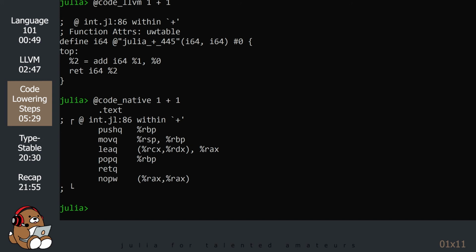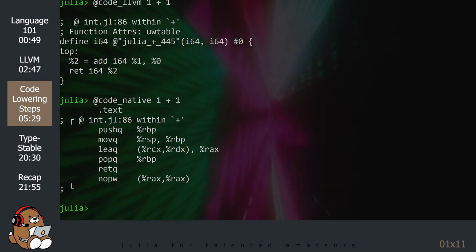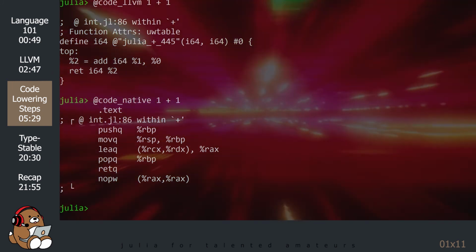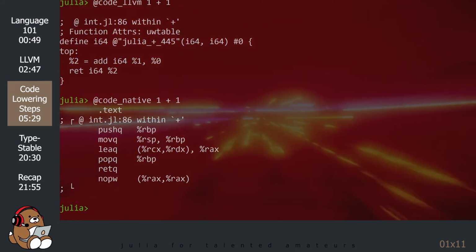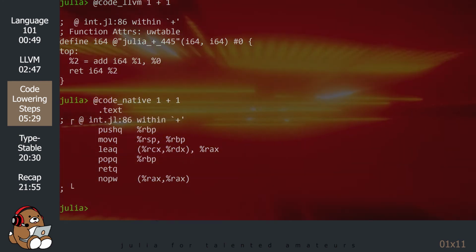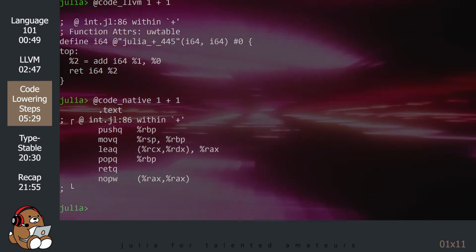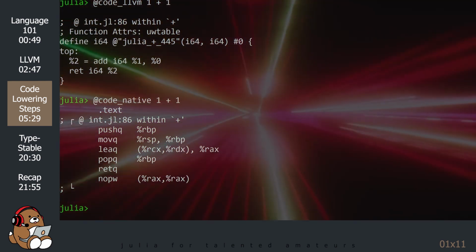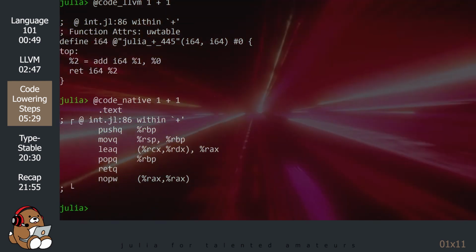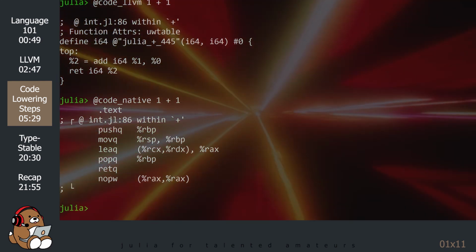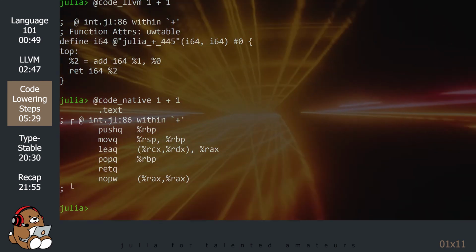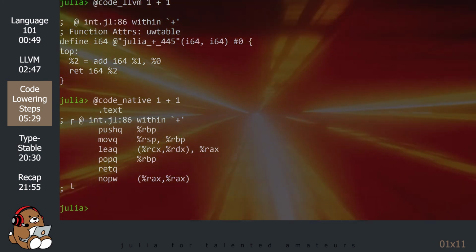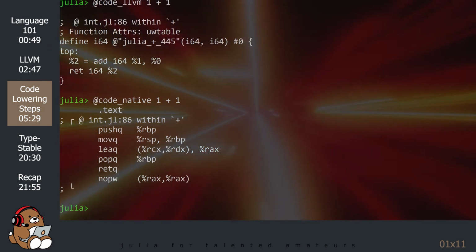If you think about it, following this code-lowering journey is like traveling back in time to the early days of computing. Before there were high-level programming languages, the pioneers of computing would program their computers using a language similar to the code that you're seeing at the code-native level. While this simple example isn't too bad to understand, just imagine trying to write a large program using this low-level language. This is just another reminder that we are truly living in the future, which is only made possible because we stand on the shoulders of giants.